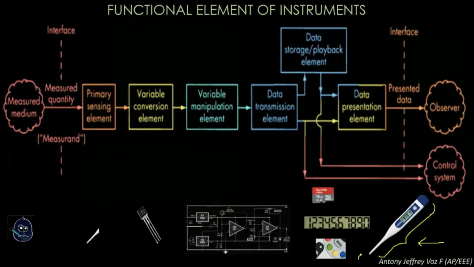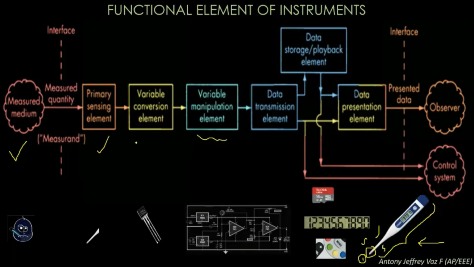Here, the person who is going to be measured is the measured medium, and the primary sensing element is the tip of the thermometer. Okay. The variable conversion element is the sensor which is present in the thermometer,